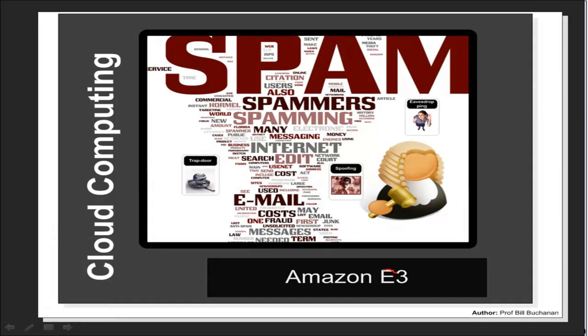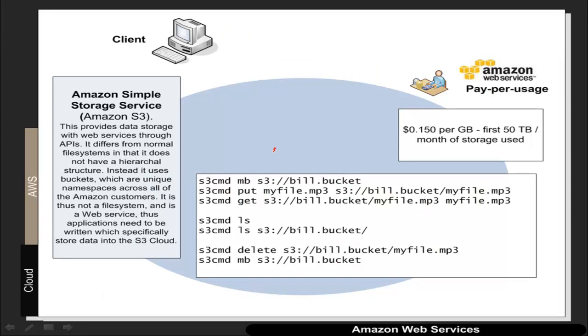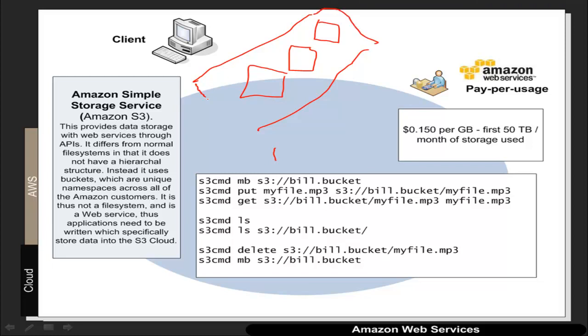So let's have a look at the Amazon S3 Simple Data Storage Service. With this we get the concept of buckets. The storage services do not create a hierarchy as we would get in a file system, but create a number of buckets. These buckets have namespaces which are unique across all the Amazon web services. Then we can put and retrieve our content